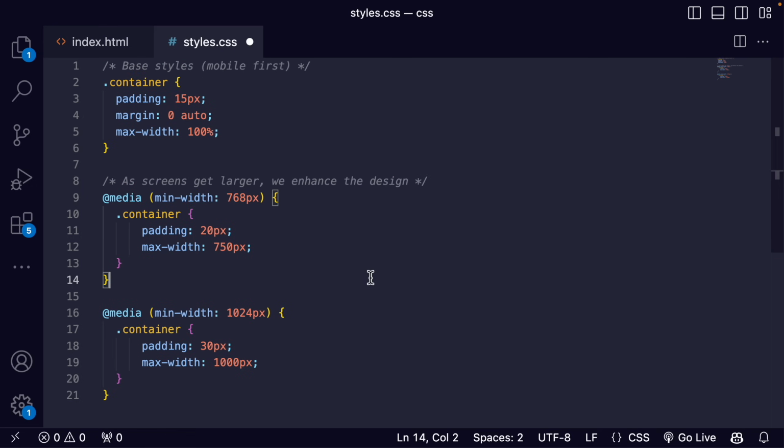Mobile first design means that you're going to: one, start by designing for mobile devices; two, progressively enhance the design for larger screens; three, write your base CSS for mobile devices; and four, use media queries to add styles for larger screens. So this is going to be your base style, but this is how you can create a media